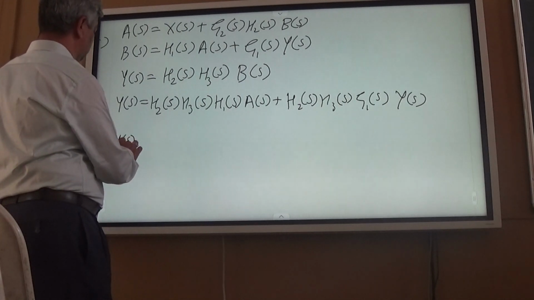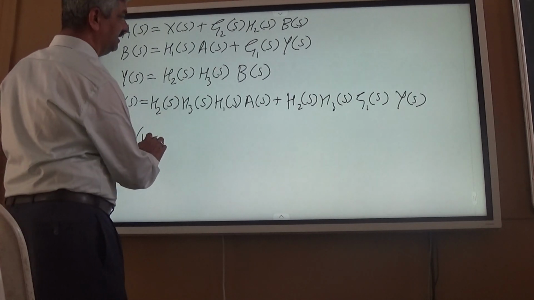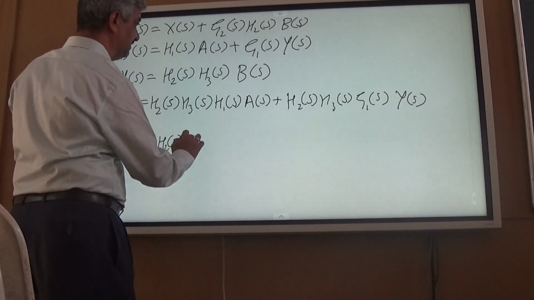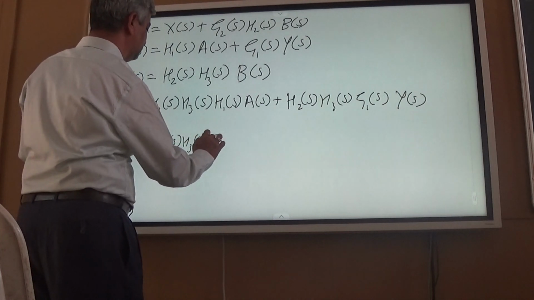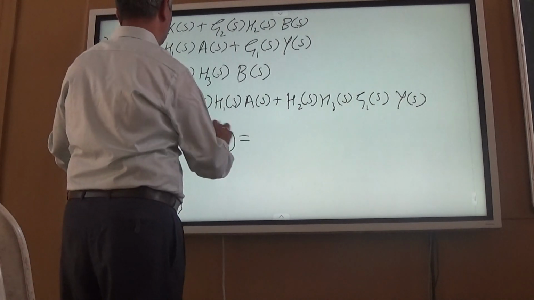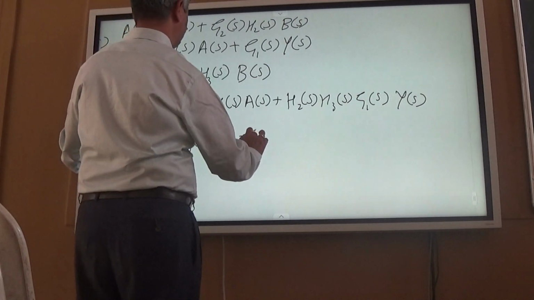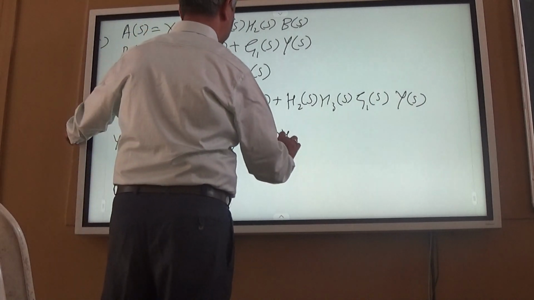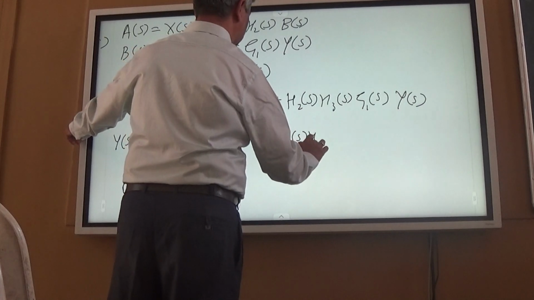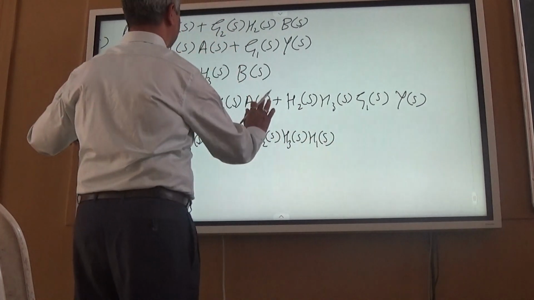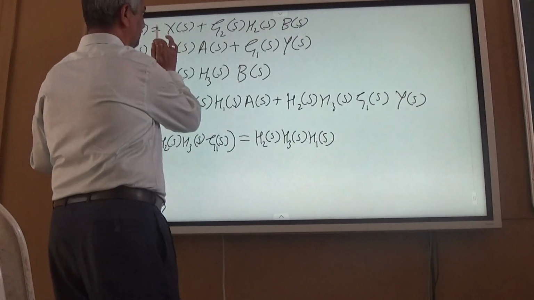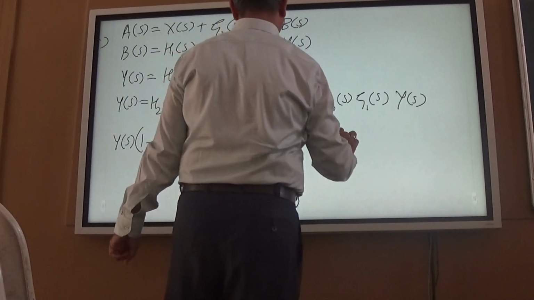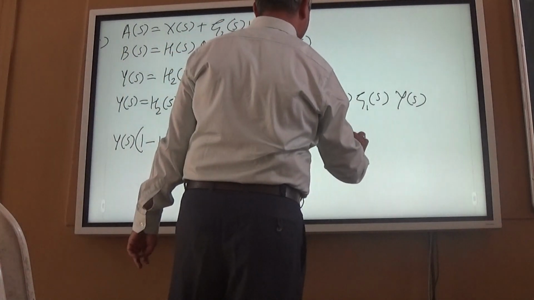So Y(s) into bracket, this comes as 1 minus H2(s) H3(s) G1(s) is equal to, we don't make it square right now, H2(s) H3(s) H1(s) into A(s), because that is required since X is there in A(s). So into this into X(s)